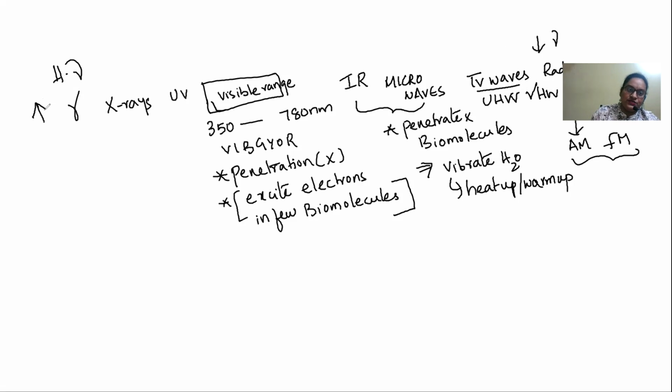Gamma rays have the highest frequency, right? As you're coming across through this electromagnetic spectrum, the frequency is just going on decreasing. So in the TV waves and the radio waves, there is no penetration. AM stands for